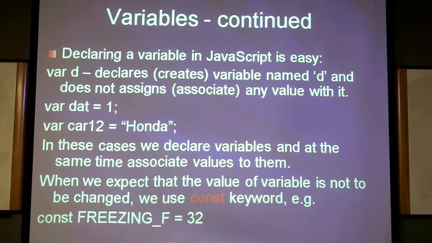The next thing which I can do is create a variable as before. In this case, the variable name is dat, and I also put an equal sign and the number 1. What it means in the computer world is that I put the value 1 into this container, into the mailbox. This operation is called assignment. When I use the equal sign, it's the assignment operator.